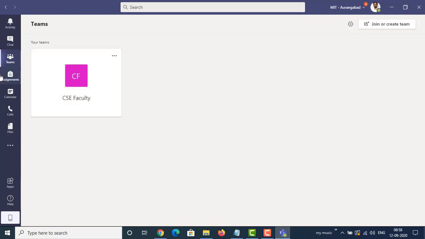So this is our Microsoft Teams application. A similar user interface is there which we found in the web browser. At the left hand side we can see many options are available. We will be discussing all these options one by one.